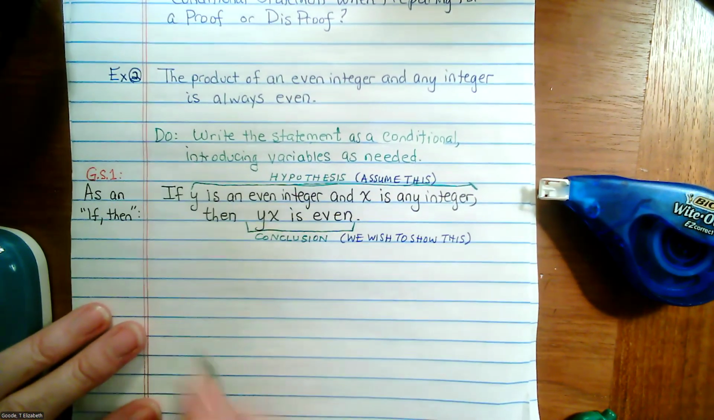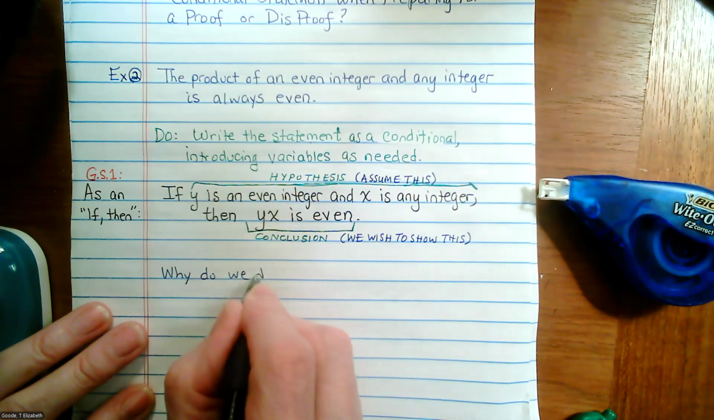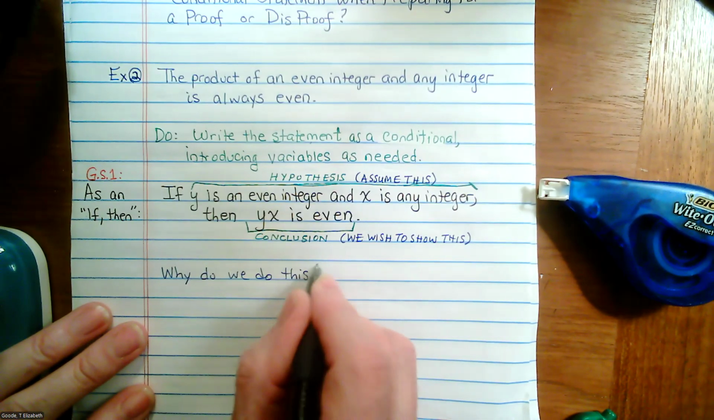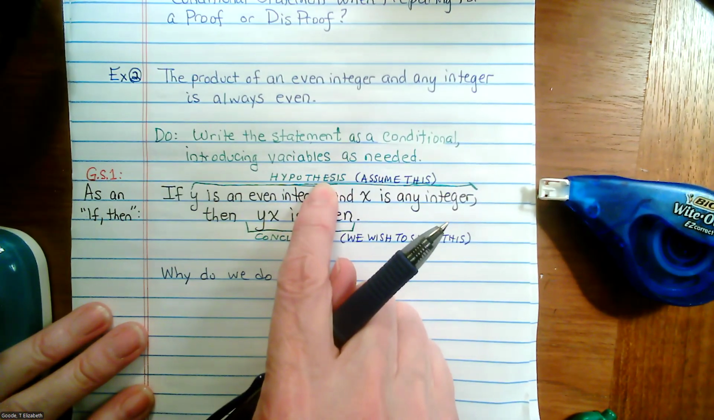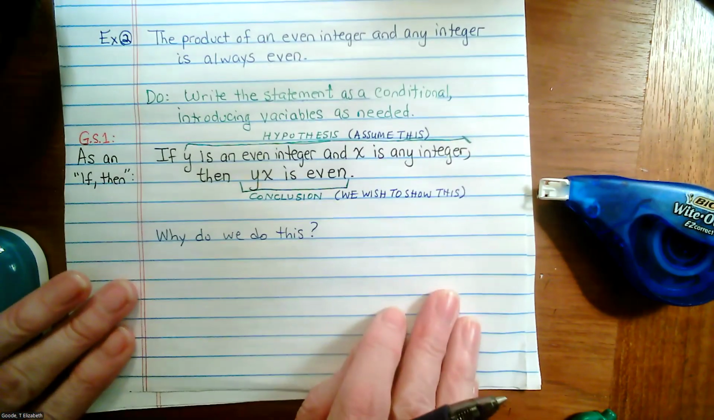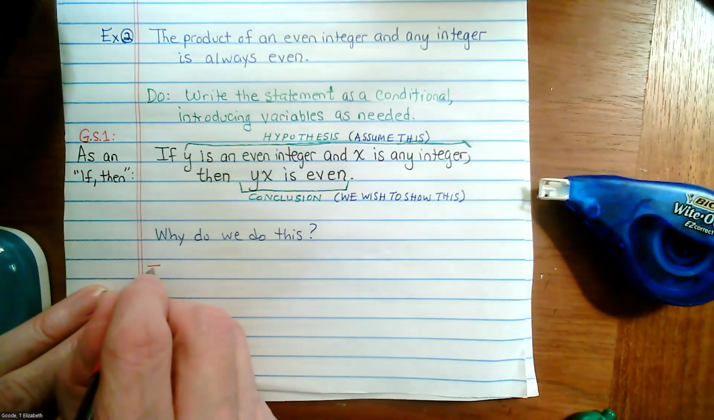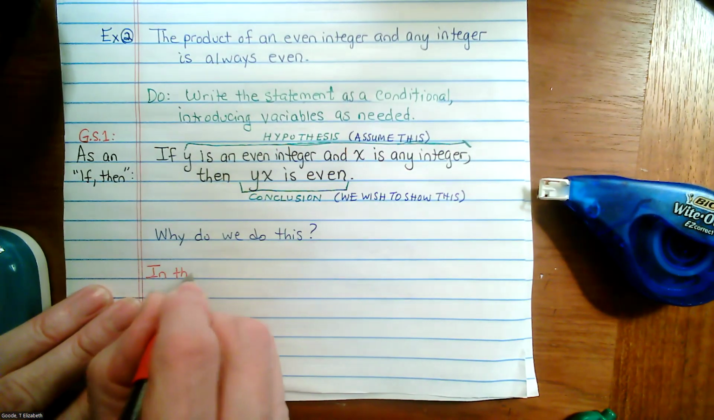And so, why do we do this? Well, because we want to see what the hypothesis is that we are going to assume. We want to know what work is cut out for us. What do we really have to do? And that's because in the direct proof method,